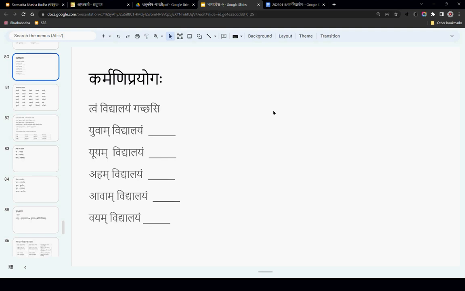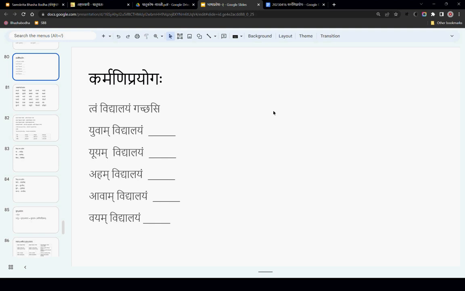You have tried hard, all of you, to find out the meaning and make the sentences. Mostly all of the answers are correct, except a couple of sentences where there seems to be confusion.